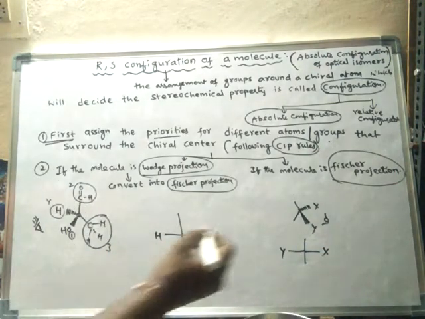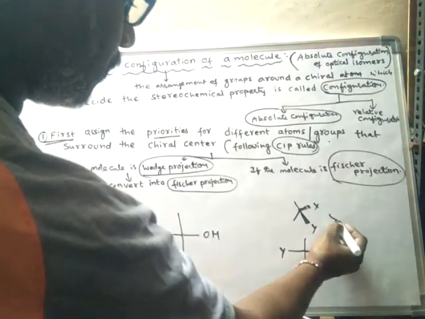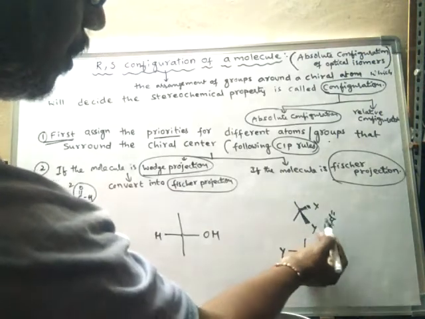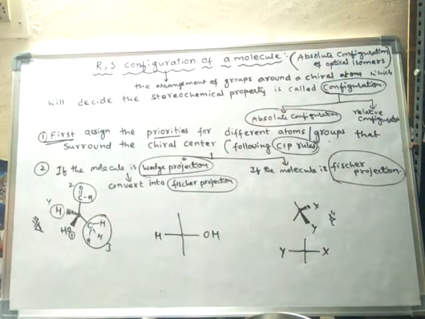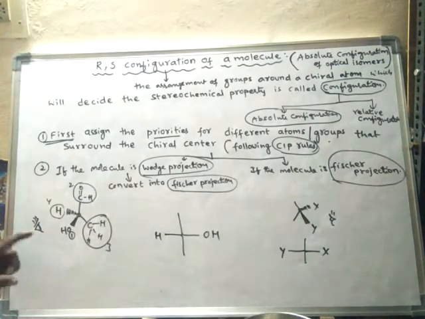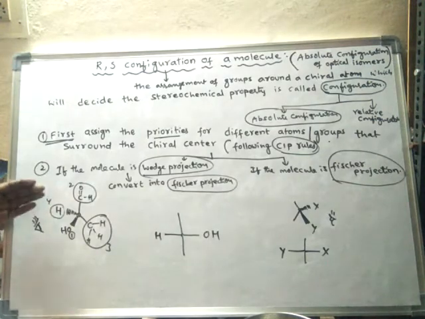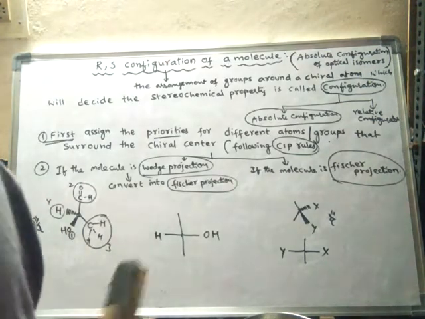Okay, so here this is our eye. We are observing this molecule, or viewing this molecule, in this direction. Suppose it is like this, then we have to view the molecule in this direction. Right. Upon viewing the molecule, view it such that the lowest priority is away from the observer. So the lowest priority should be away from the observer. Okay, right.